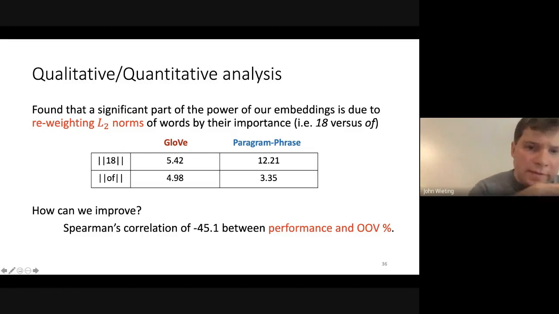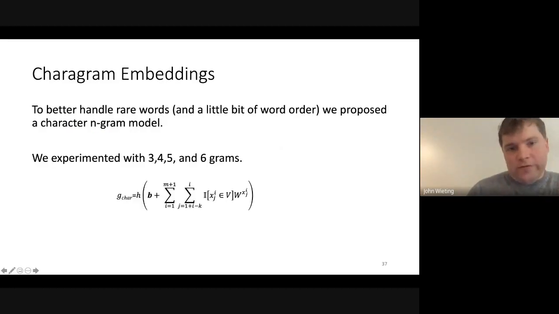And then as follow-up work, in analyzing this, we noticed that there's a large effect of having out of vocabulary words. That was something we tried to address in our next paper, which I'll talk about briefly. And that's these Paragram embeddings, where you basically ignore words. You have an n-gram model with 3, 4, 5, 6 character n-grams, and then you sum them up, add a bias, and apply a nonlinearity, like a little baby neural network, and that's how you get the representations.